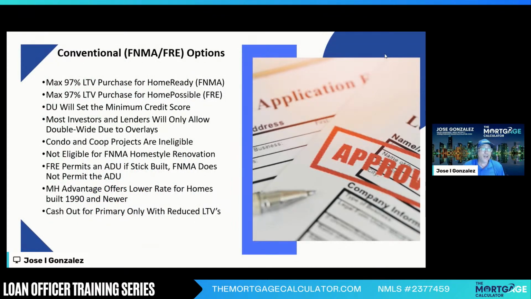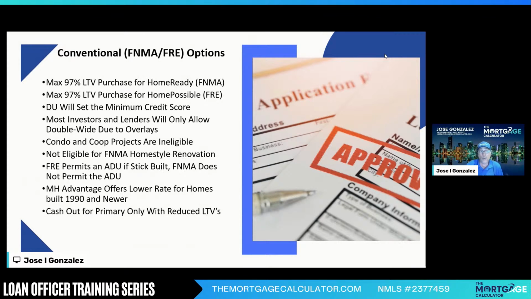So let's talk about now options on the different loan types. So with our conventional loans, which is Fannie Mae and Freddie Mac, we're looking at 97% max LTV for a HomeReady Fannie Mae option and a Home Possible Freddie Mac option, which is great. 97. Now you're not going to get the 97, I don't think, on a regular 3%, but definitely on the HomeReady and Home Possible,